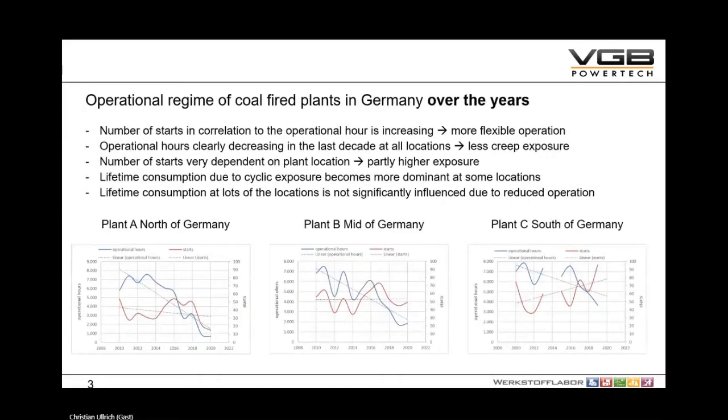Over the years, as you can see on the slides which I want to show you now, quite well that in the last years something changed in Germany. You see here on the x-axis the years, on this axis the operational hours per year, and on this axis the number of starts. On this slide I would like to compare 3 different plants which are quite representative for different regions